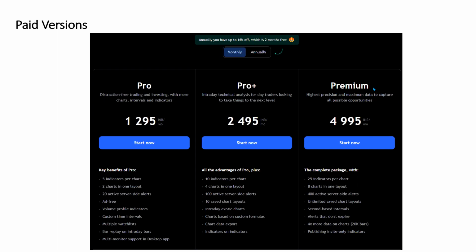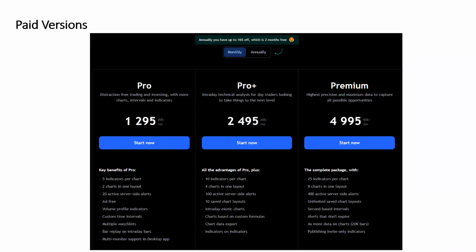For example, I have a premium, so I can do invite only scripts. Okay, there is a way to handle that in TradingView. And of course, if you want to do that, you have to pay the price to TradingView itself. So that's the most expensive section available. But for basic stuff, you just go with free, or at least if you have 6 months practice in the system, then go with pro, you'll be very good.